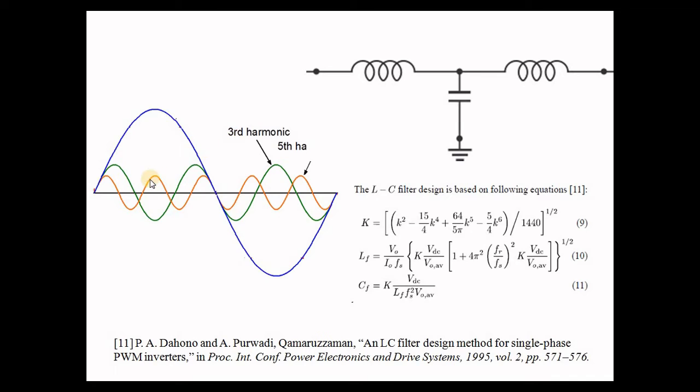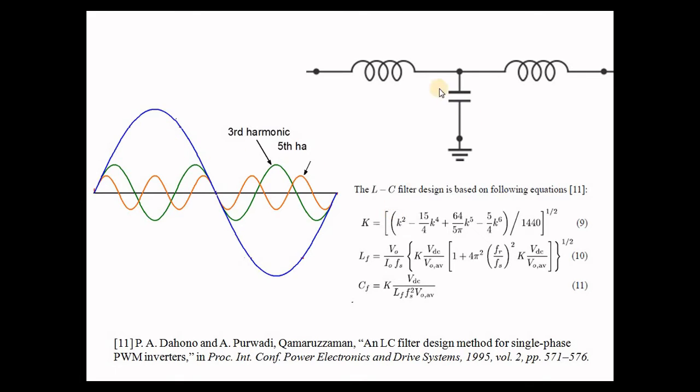For even order harmonics, like the second order harmonic, two cycles will be there, so for a half cycle, one cycle is there, and positive and negative will be cancelled. For the fourth order harmonic, four cycles will be there, so two cycles will be there in a half cycle, and positive and negative will be cancelled. So generally the even order harmonics do not affect, because the positive and negative automatically cancel in the Fourier analysis.